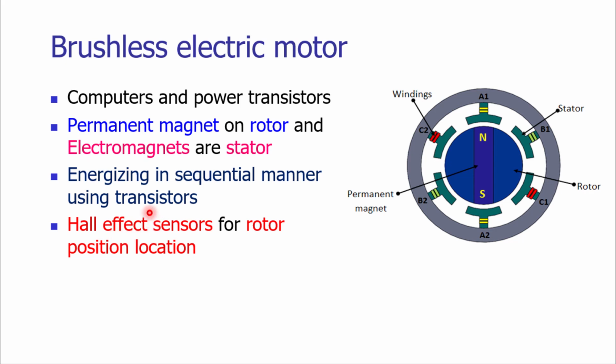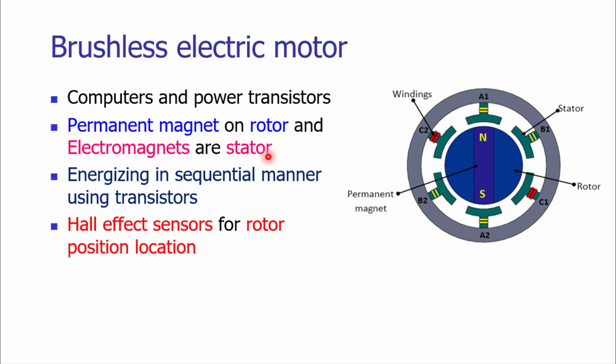sensors. We have seen the construction and working of Hall effect sensor. These are non-contact type of position sensor. The information about the position location of the rotor will help the computers or microprocessors to energize the required stator windings. According to the signals given by the microprocessor, the power transistors will actuate the windings which are there on the stator poles. So the sequential actuation of magnetic field will lead to the required rotation of the rotor in